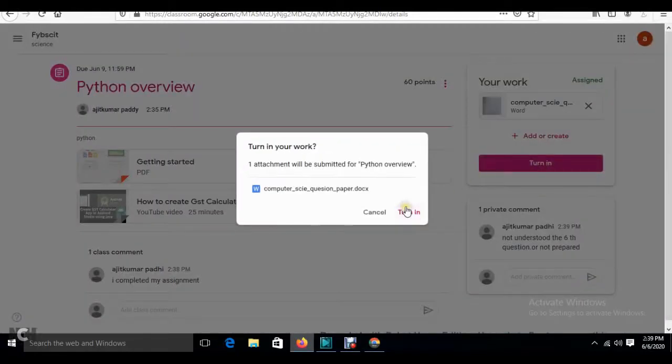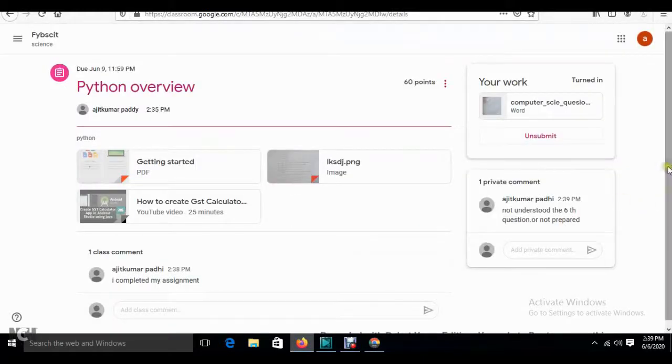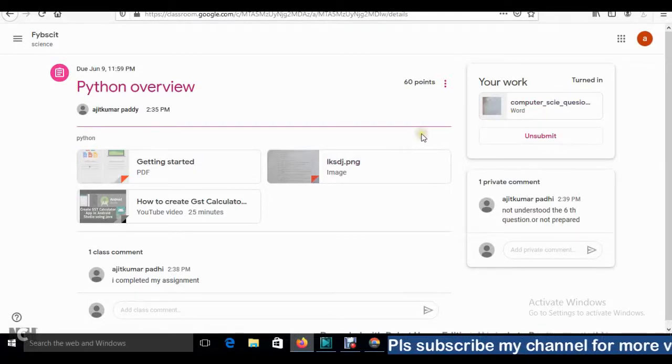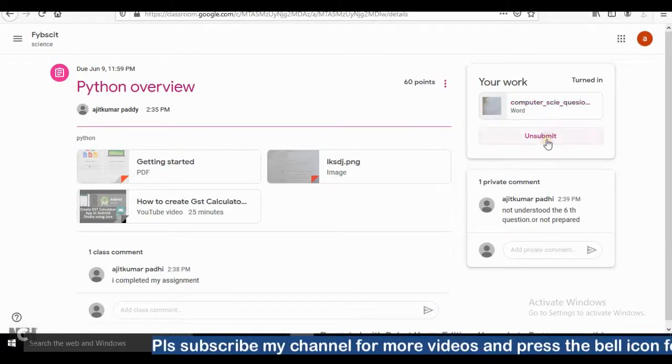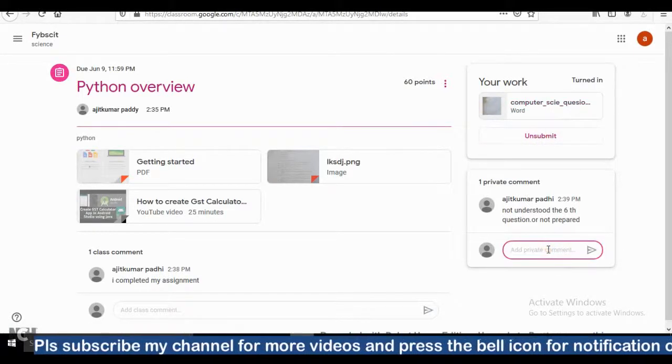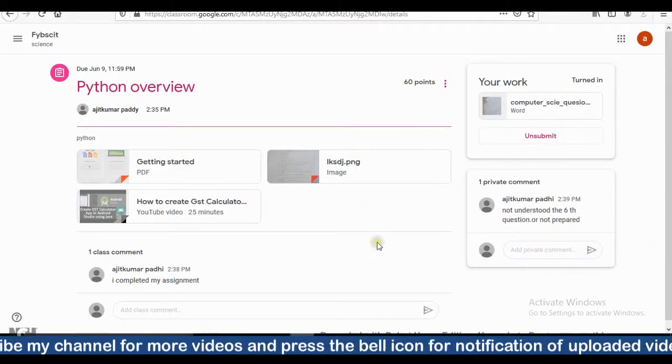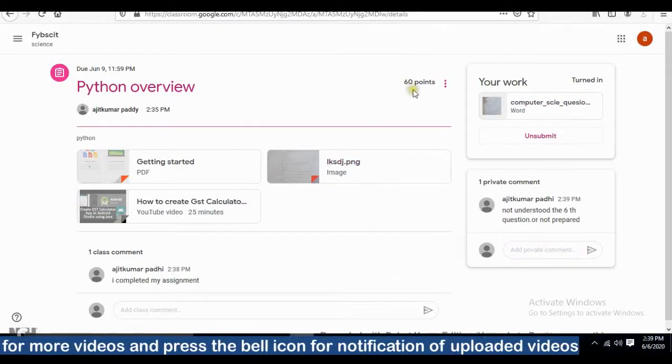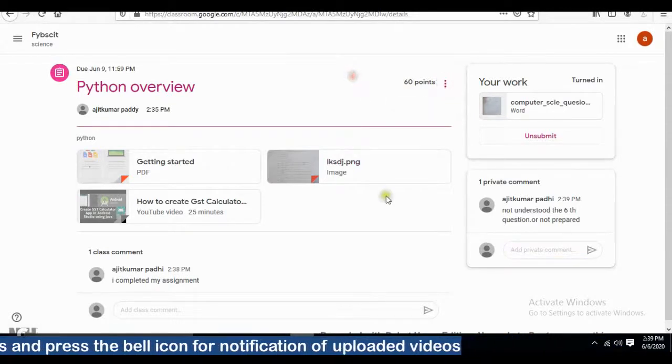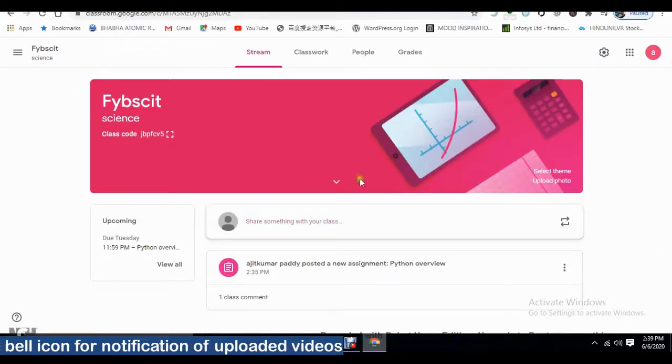I am the student now. The student is now submitting the details. Okay, see over here it is showing unsubmit. That means in case you are in a mess, that you know you mentioned the sixth question or seventh question over here, but now you need to submit again, then you can resubmit, you can upload, unsubmit and all. So we have done the comment, we will now check this. Okay, this is for 60 points. See over here the marks are also there. Now we will check over here what came, the details.